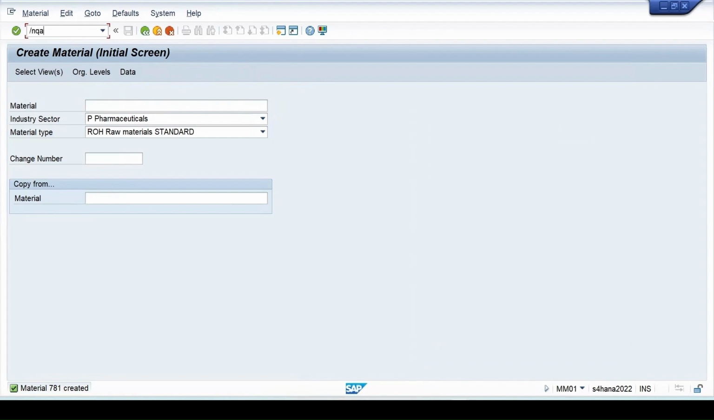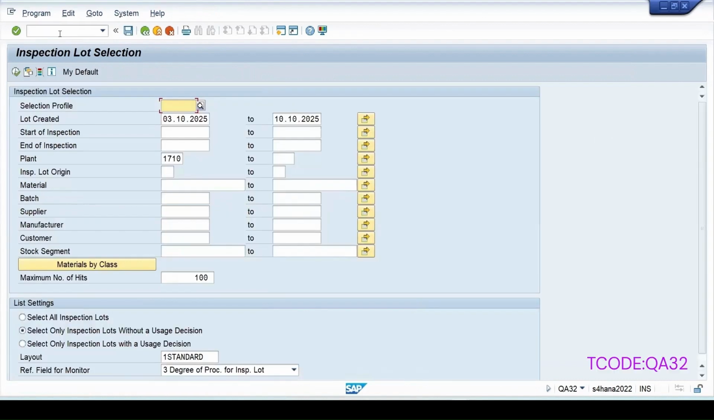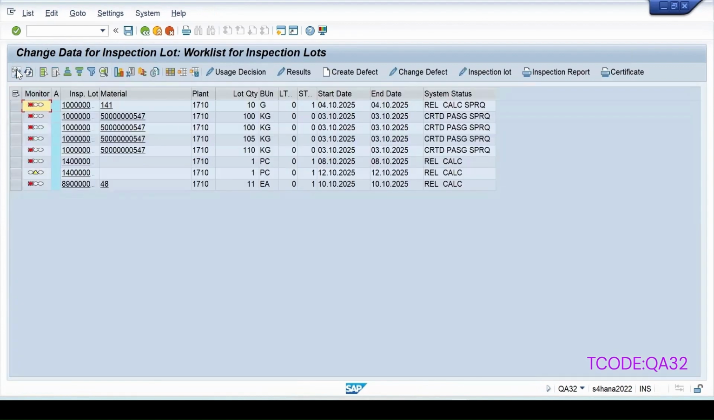QA32 report also. Enter. Click on execute. So at present there is no lot for this material. Creating a lot for it. /o